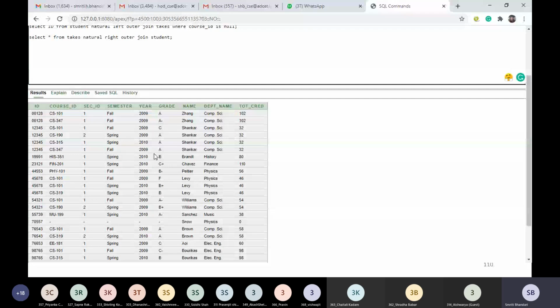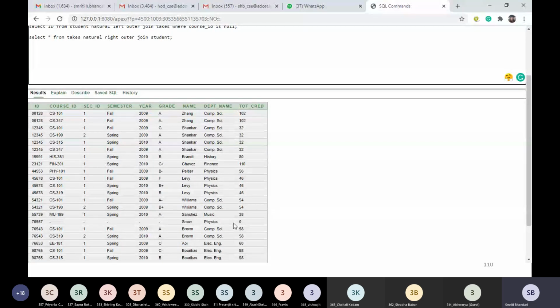We are making use of natural right outer join. So all the matching tuples no doubt will be there. But now in our right hand side relation, that is student, we are having this ID 70557 for which I do not have any data available in the left hand side relation. But still, as we are using right outer join, such tuples from right hand side table will be preserved.